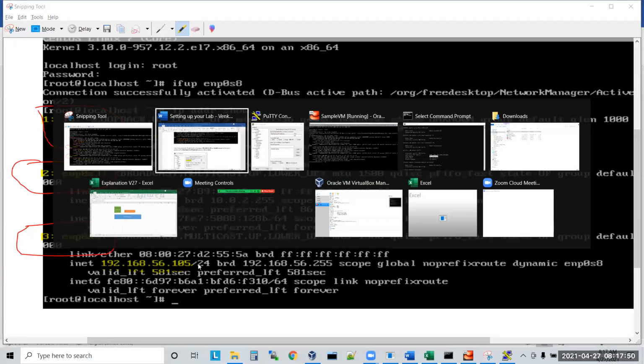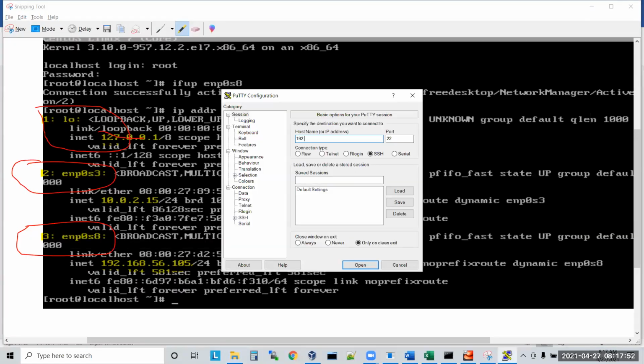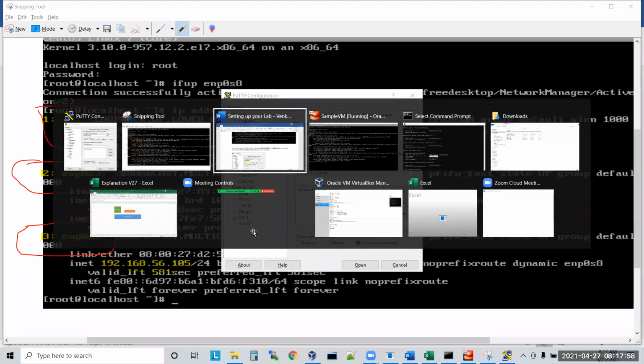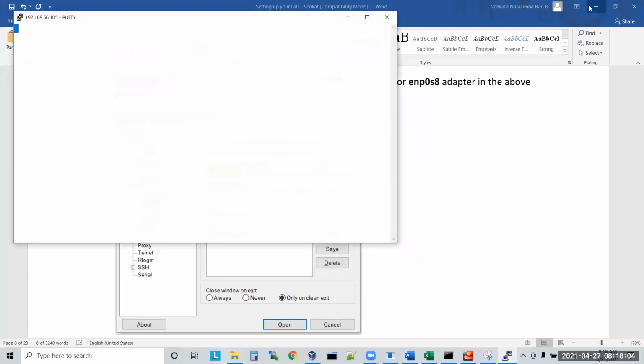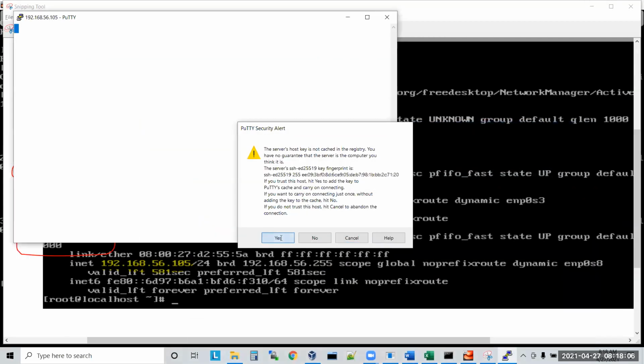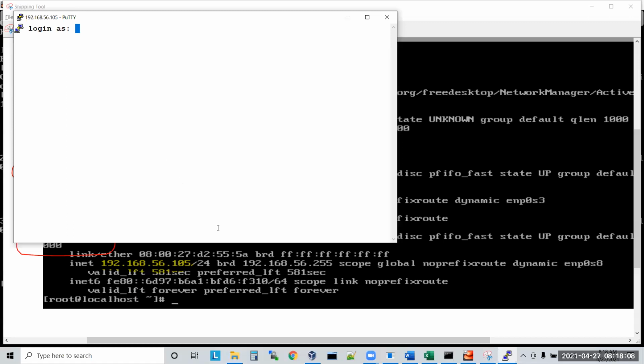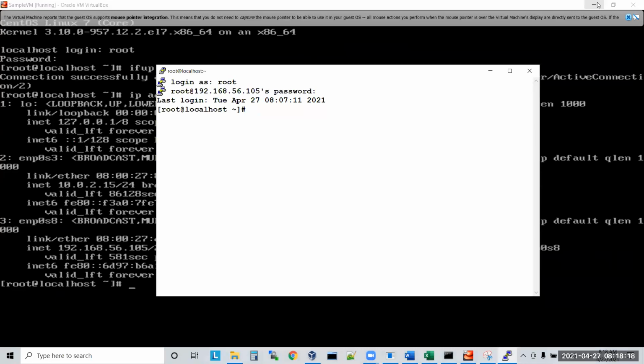Whatever number it is showing, 192.168.56.105, you give this number and click on Open. Click on Yes. Now log in as root. The password is welcome1.